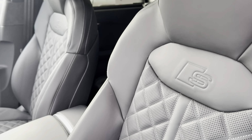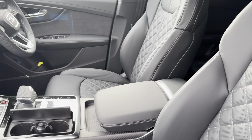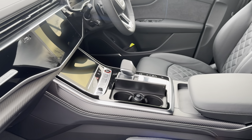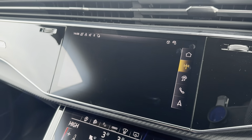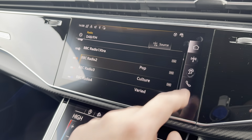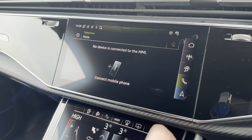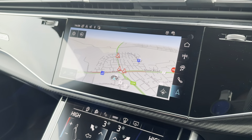Moving into the front of the vehicle, where the sport seats are also finished in that same leather and contrast stitch combination, whilst the rest of the cabin is finished in gloss black, chrome and carbon material. The vehicle is equipped with 2 touchscreens, one controlling the MMI system, allowing the driver access to the radio, media, phone including Apple CarPlay and Android Auto, and the inbuilt navigation system, whilst the other controls the climate control and